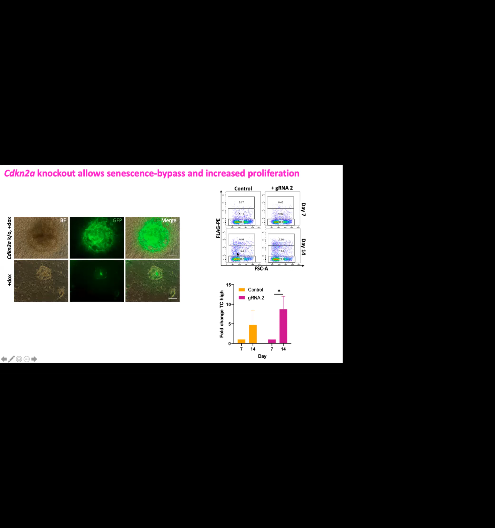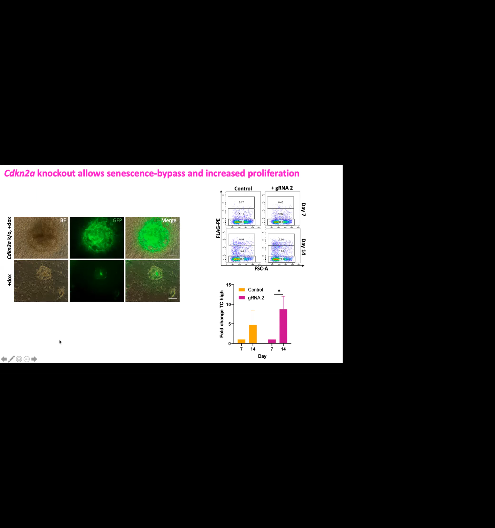the TAS-CAMTA1 expression here, done by flow cytometry, this time looking at the FLAG epitope. We could see that as the time in culture went on, we did see an increase again in the TAS-CAMTA1 expression, but this was much more pronounced when we knocked out the CDKN2A. So again, in the summary plot here, you can see a significant increase between day 7 and 14 for the knockout, but not for